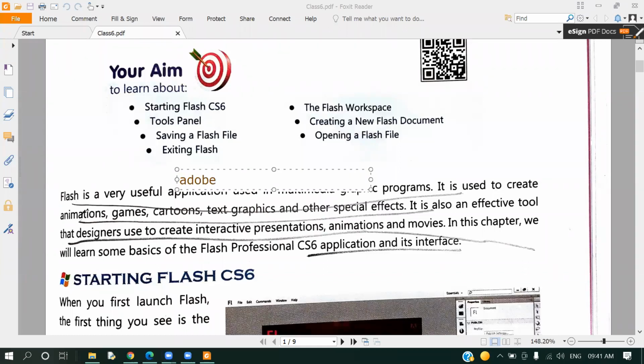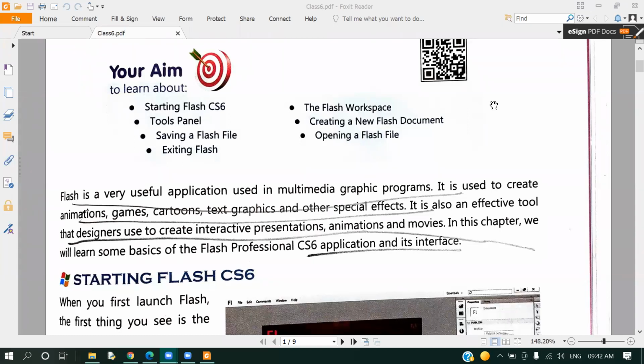So these are the softwares. Adobe is having different softwares like Photoshop, CorelDRAW, and many more. So this is one of the applications which is used for creating graphics in your picture. You must have seen just yesterday, you received many blessings in the form of images or small videos or GIFs, right? So all these GIFs or small videos are created in Flash software.